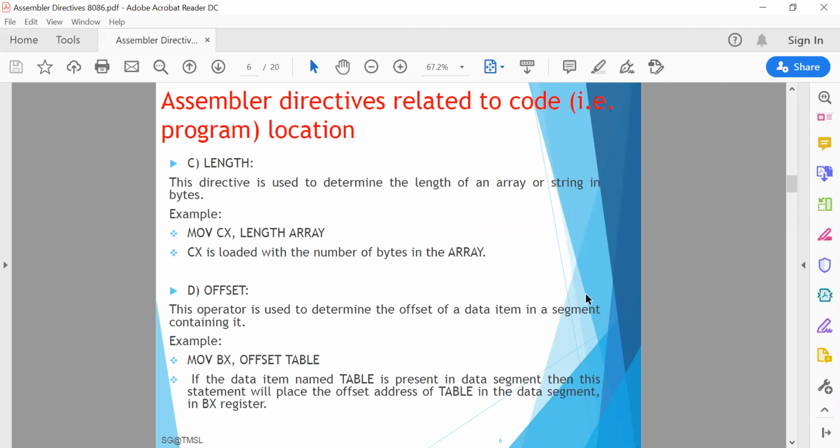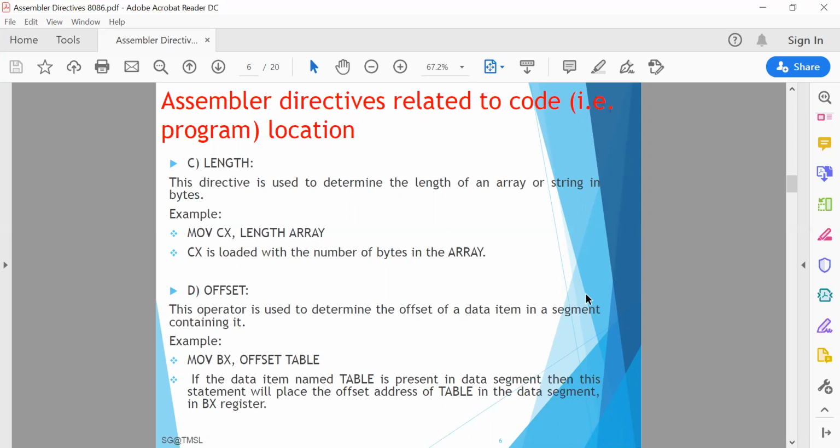Another directive is called OFFSET of a label. When the assembler comes across the OFFSET operator along with a label, it first computes the 16-bit displacement of the particular label and replaces the string OFFSET label by the computed displacement. This operator is used with arrays, strings, labels, and procedures to decide their offsets in their default segments. The segment may also be decided by another operator of similar type, the SEG segment operator.